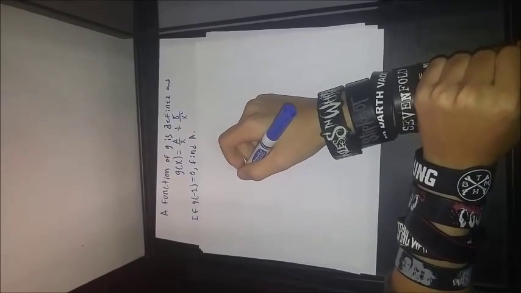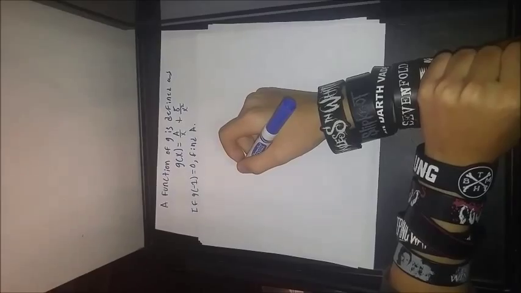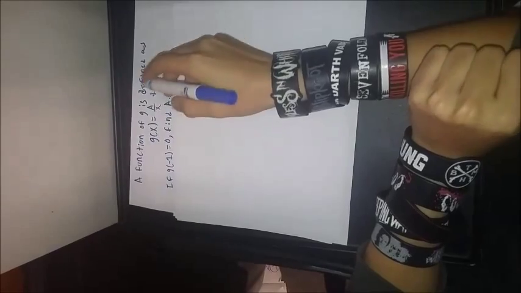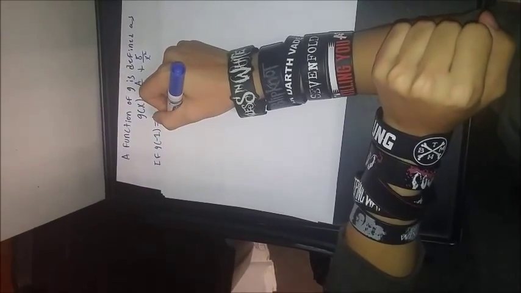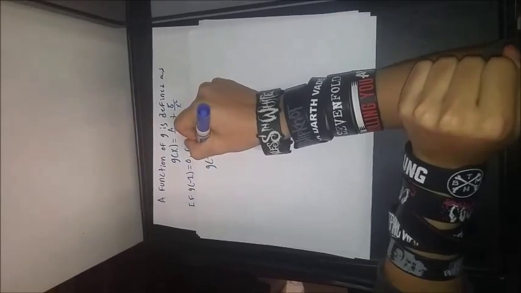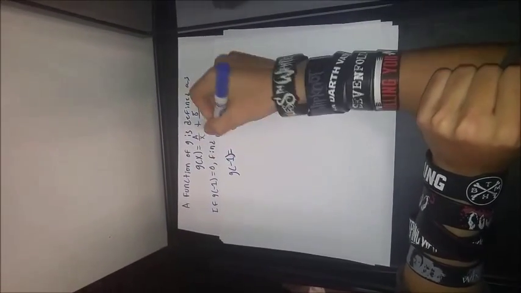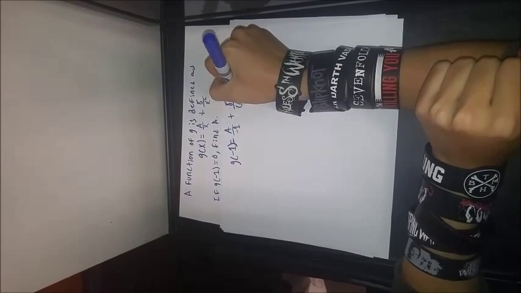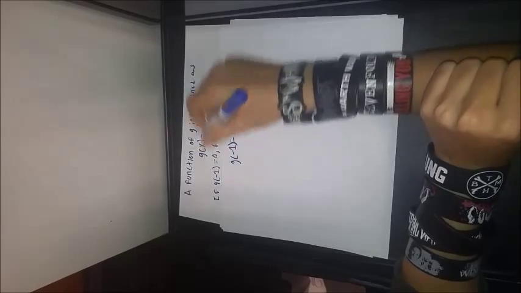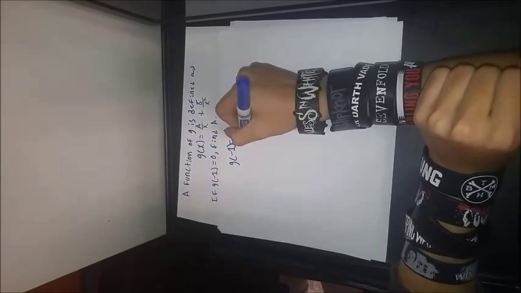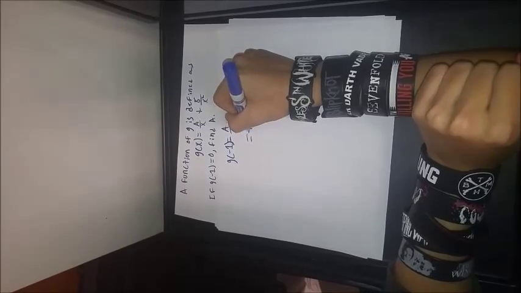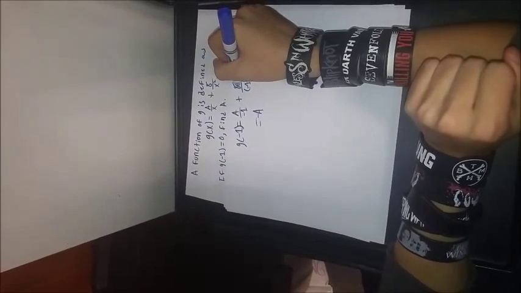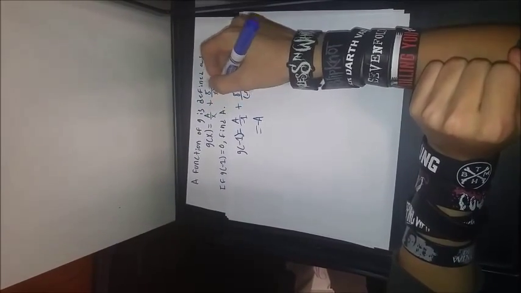We have to find the value of a from g of negative 1 if it equals 0, from the function g, which is right here. So what we do is we write out the whole function: g of negative 1 equals a over negative 1 plus 8 over negative 1 squared. And then we can automatically write a as just negative a because of the negative 1 below it. Then we square this, which is 1 times negative 1 times negative 1, making it a positive 1,